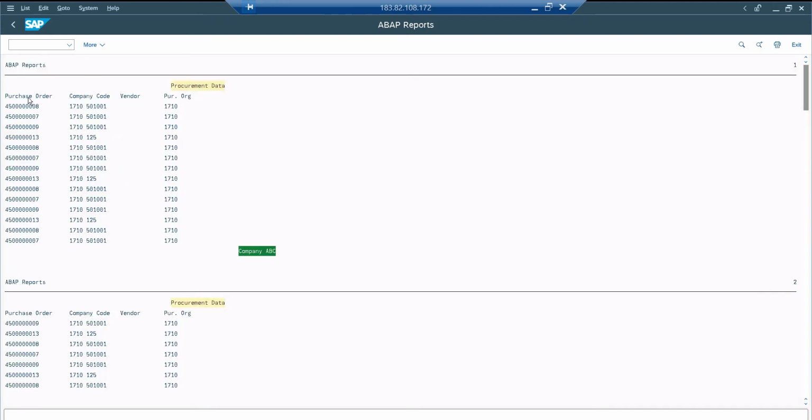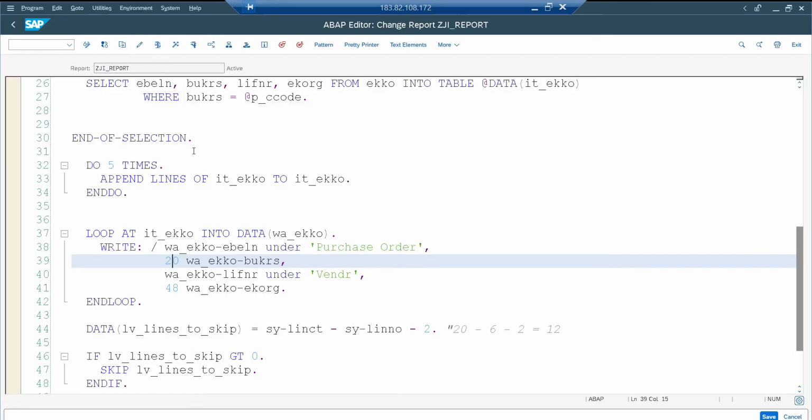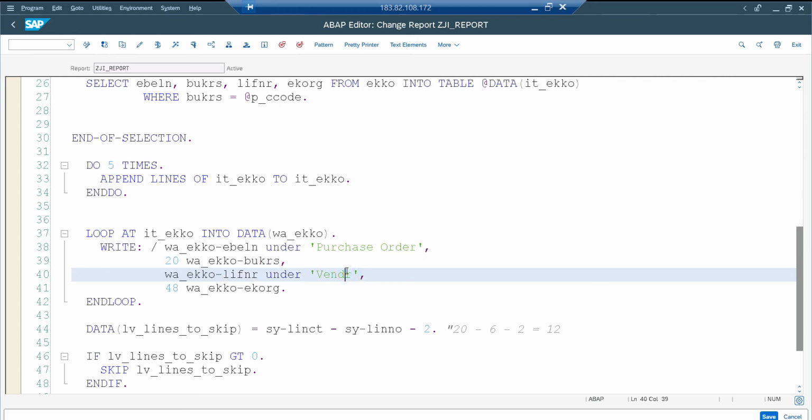So the purchase order comes perfectly under the purchase order heading, company code yes, but vendor no, because there is a spelling mistake. Once the previous field value ends, it immediately starts the value. So that is the reason if there is any spelling mistake, it won't map the exact column heading. So vendor, activate,